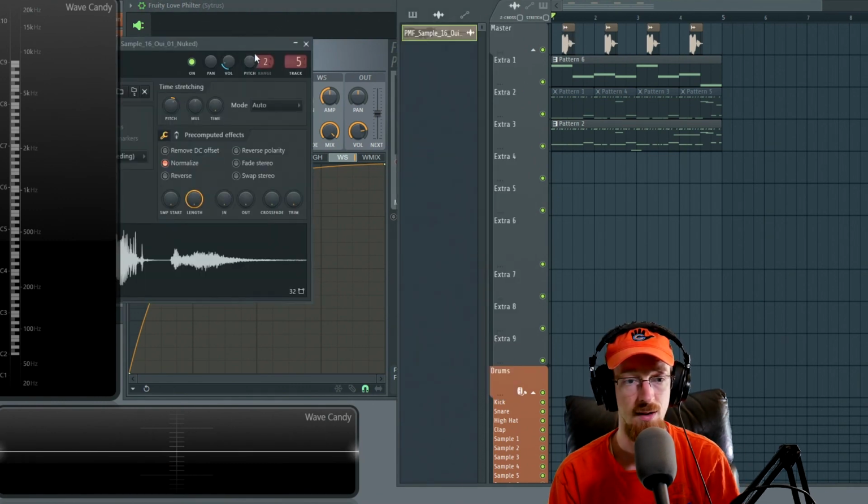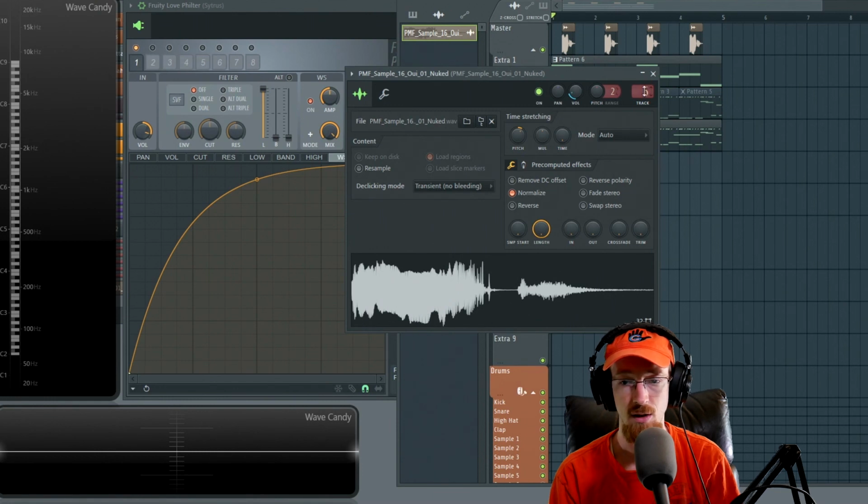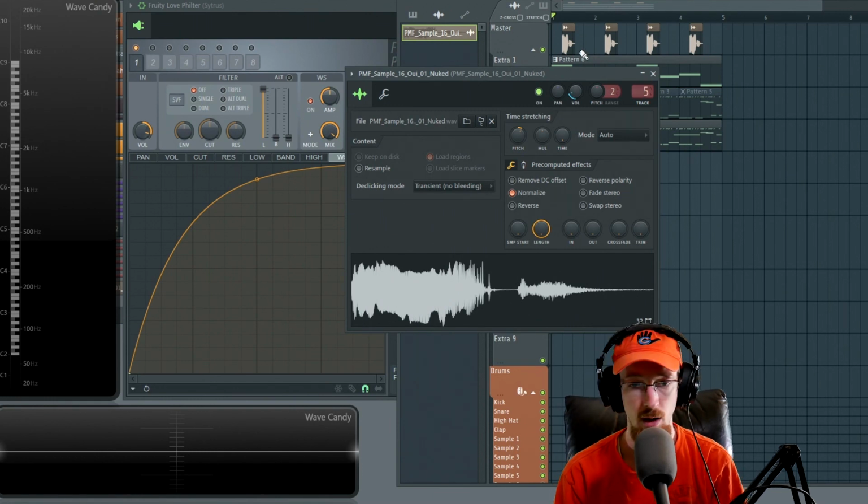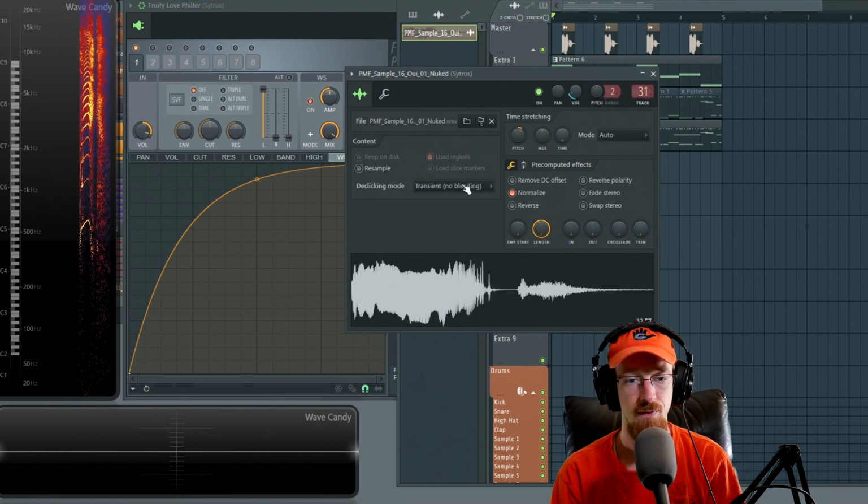So for example, if I were to take this sound here, and instead of going to track 5, what tracks are we looking at here? 31. We're going to put it on track 31. So this is a...